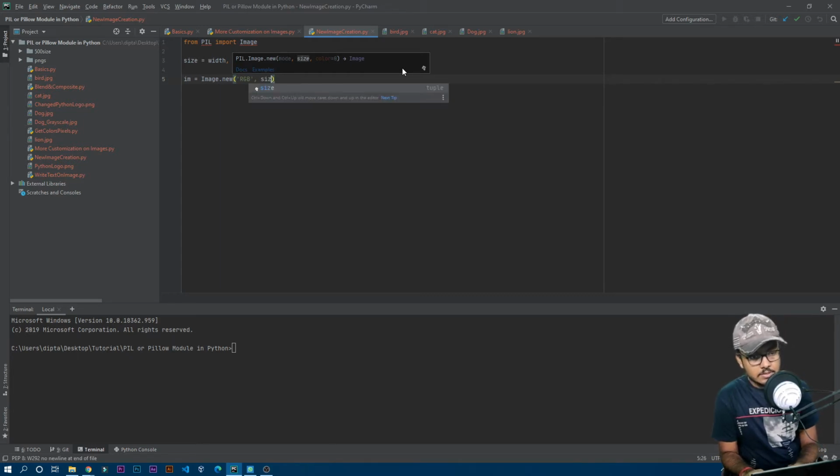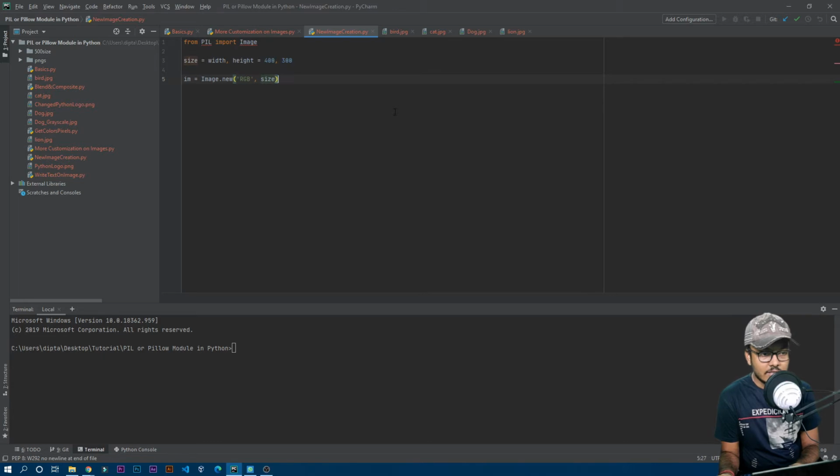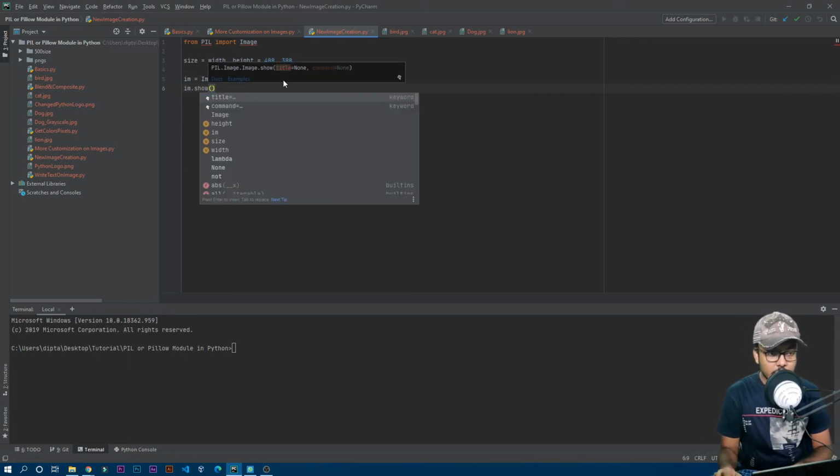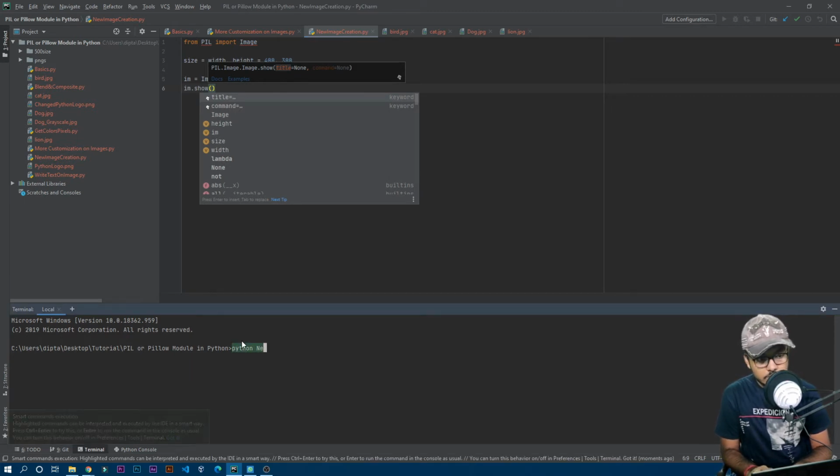Now let's pass the size. The size is inside the size variable, but you can also write it directly over here using tuples. So I pass the size variable, and now you can also pass some color for the image. But first I'll show you the default color, then we will change it. So im.show, that's it. Now I run this Python file, the file name is new.